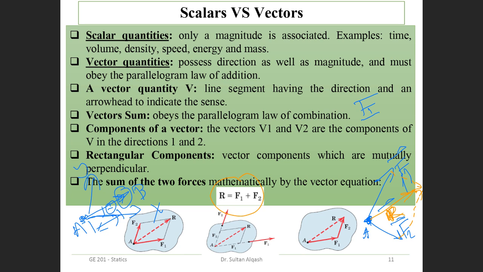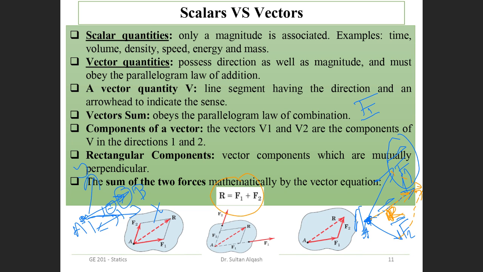What does resultant mean? Let me clarify it for you. Simply, to find the resultant: if you are this person F1, you have this amount of force on this object or this particle A, and then your colleague has this amount of force, F2, and he's pulling on this side and you are pulling on that side. It means the particle will have a combination due to these two components and will move, or be unsettled if it is fixed. The tension or the movement will take place in the resultant direction.